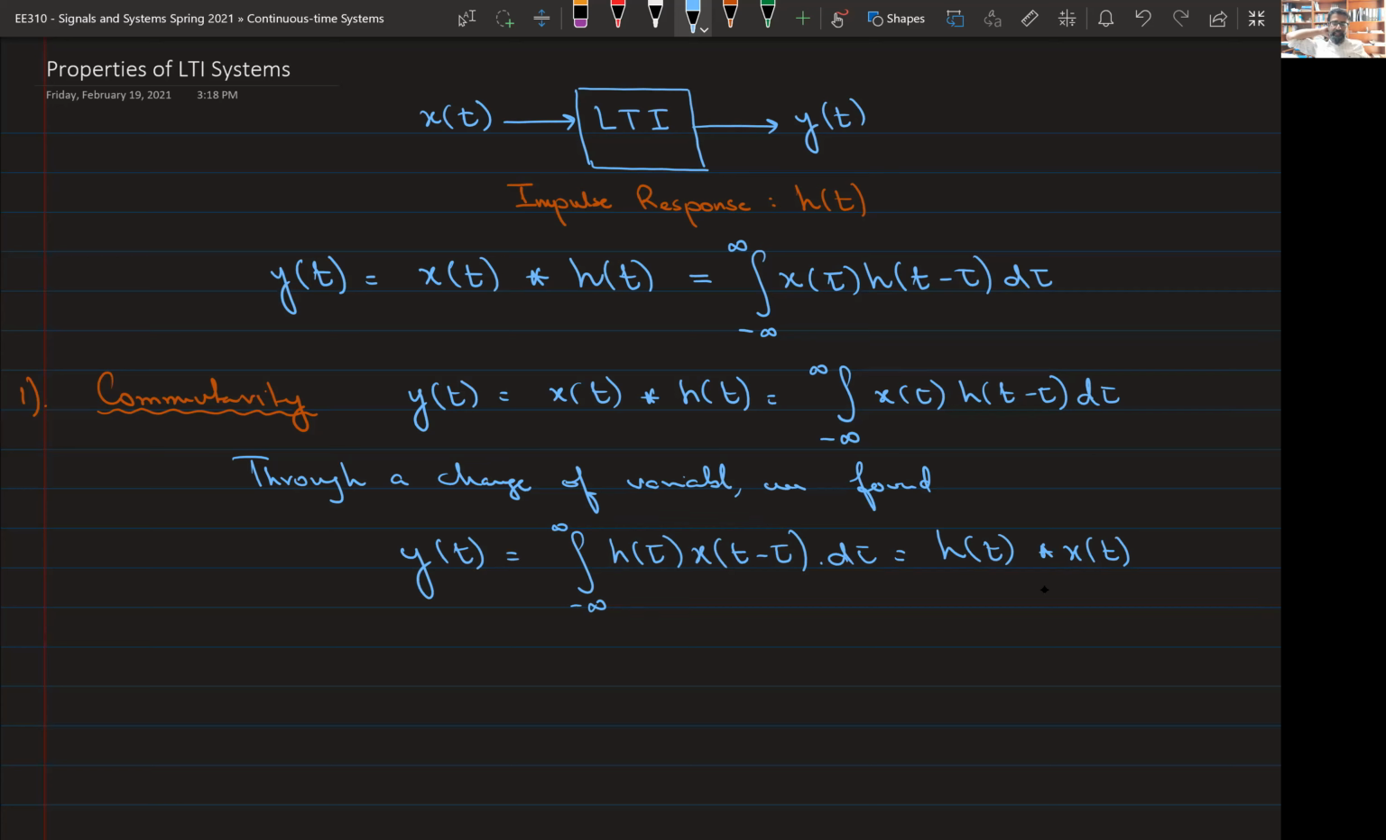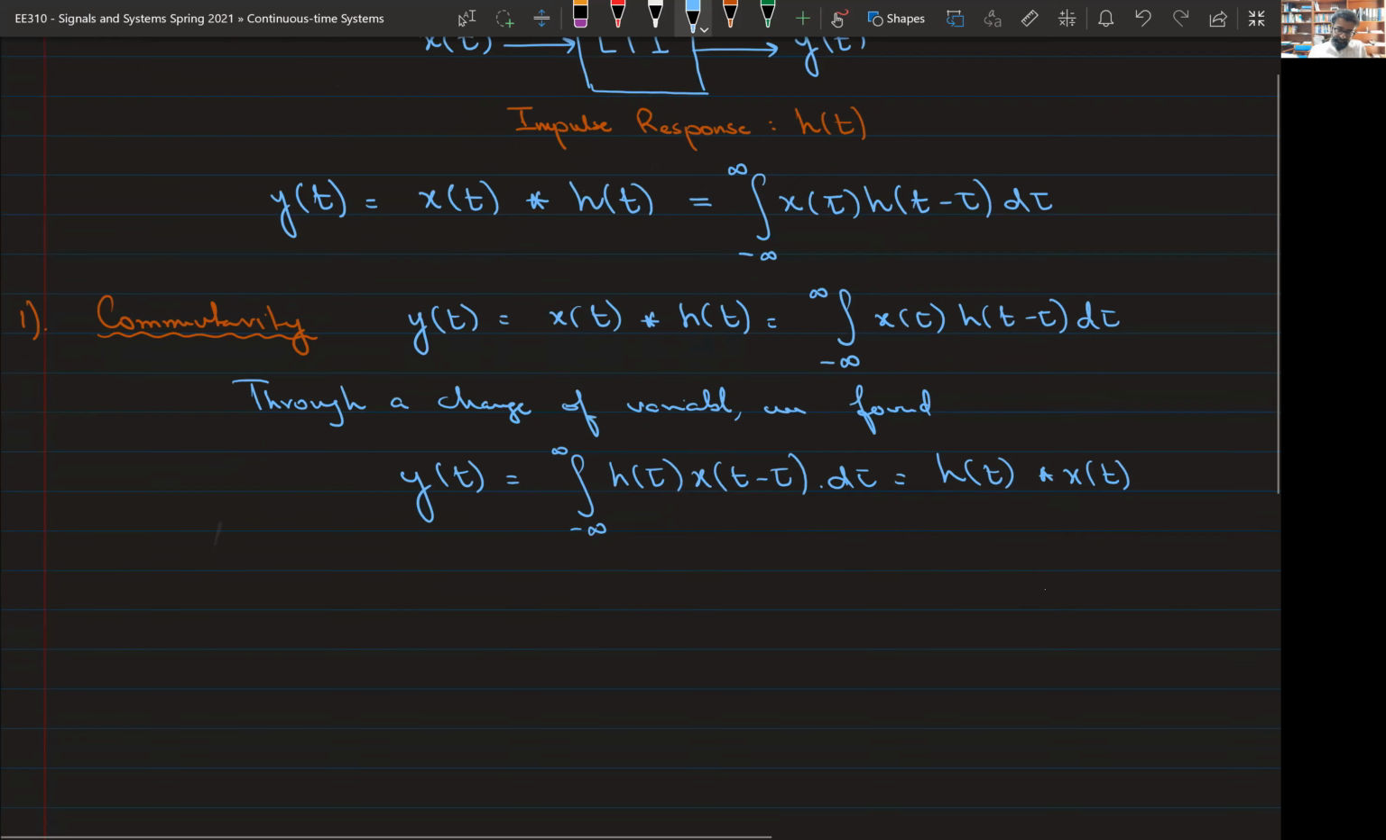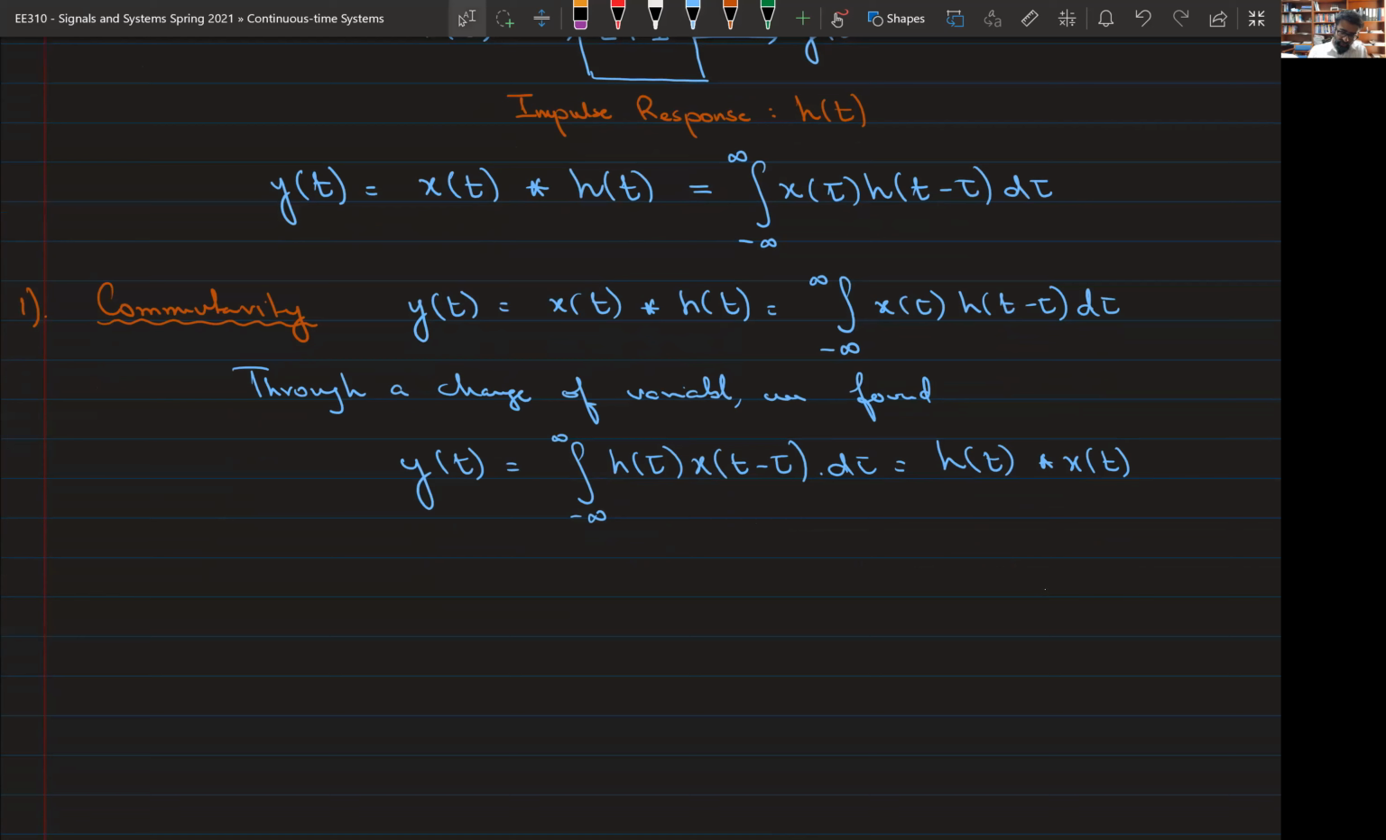So what that means is, when you're flipping and shifting, either you flip and shift h or you flip and shift x. It does not really make a difference. Either one of those two you can pick and choose to flip or shift. So that's commutativity for you. It doesn't matter in convolution which one you flip and shift and which one you keep straight. Now what this also means is that if I give you an LTI system which has